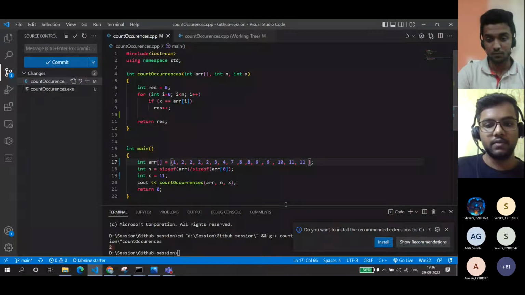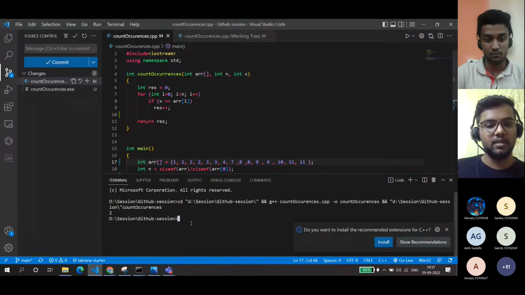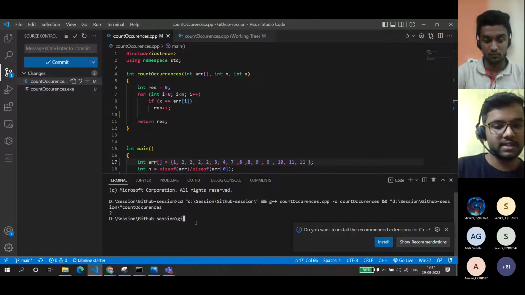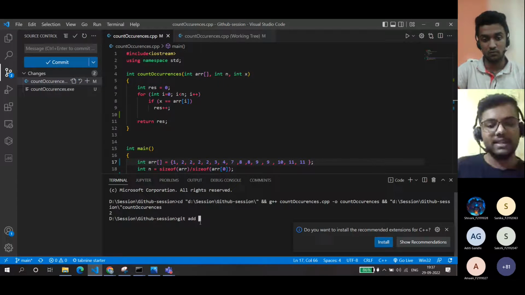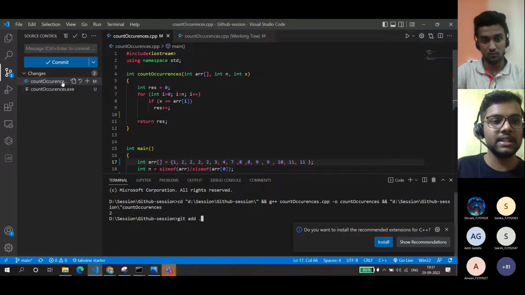Okay, so we will use the command git add for that. And what does git add do? If we use a dot over here, it will add all the files into the staging area. But which file have we altered? We have only altered this count occurrences.cpp.